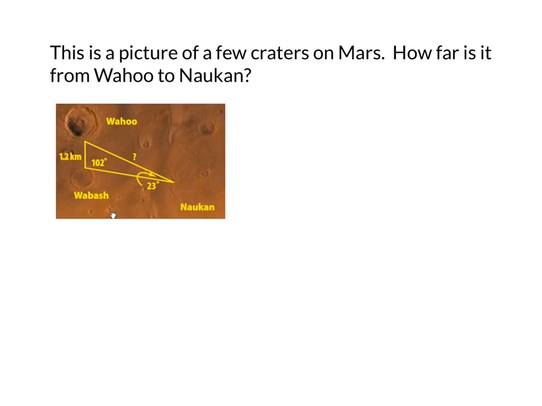This last one, this is one of the word problems out of the book, actually one from the homework assignment today. This picture is of a few craters on Mars, and we've got a few measurements here, and we want to find out how far it is from this Wahoo crater over to Naucan. How long is this side, basically? In order to do that, we see that we're given this angle 23 degrees and the length of its opposite side. So we can use our law of sines,